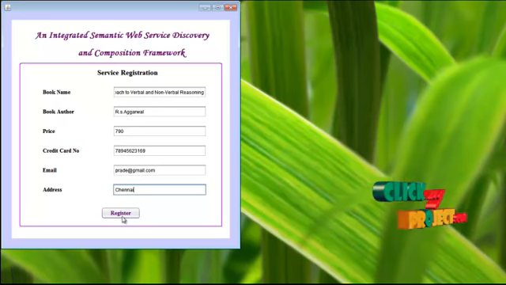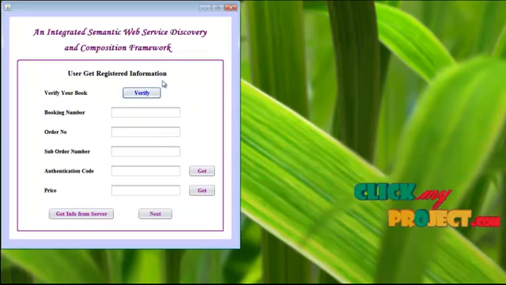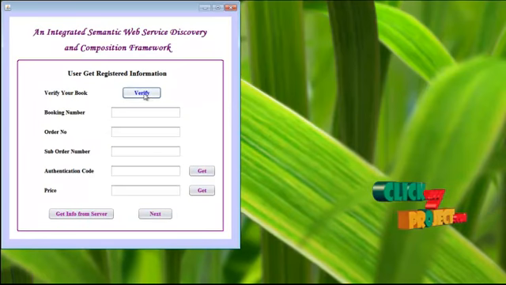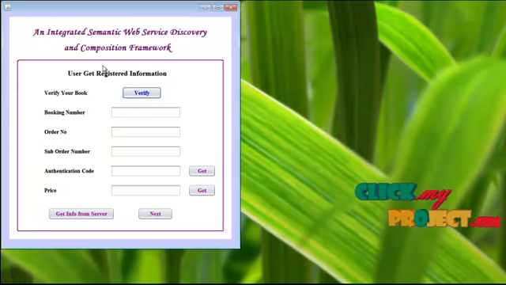Then click the registration button. So registered successfully. Then you see the user registration information. Verify your book registration. It's correct. Then click the submit button.